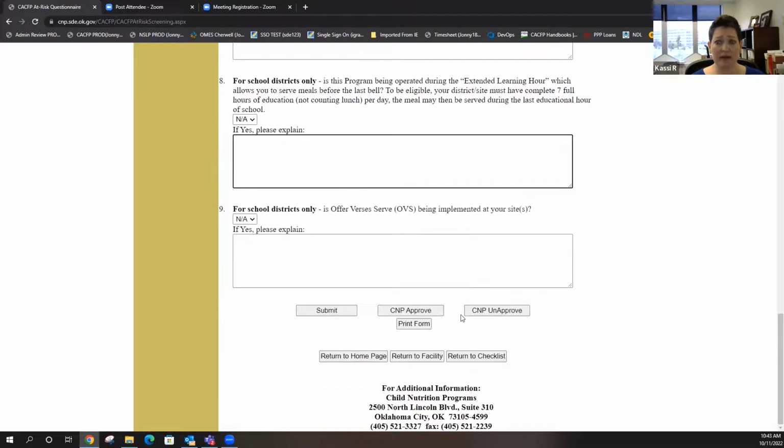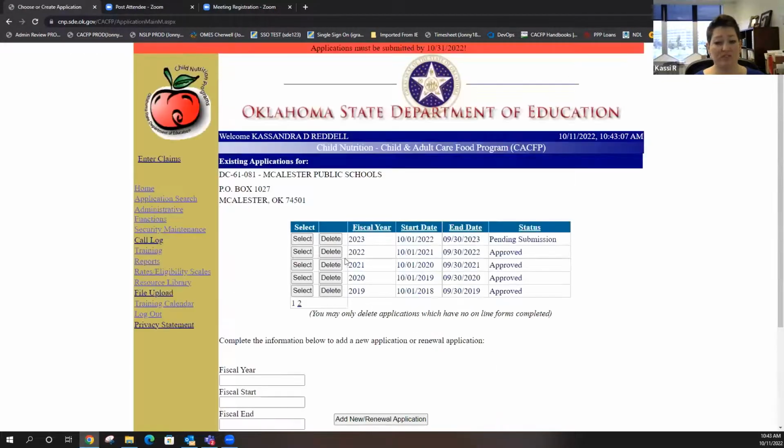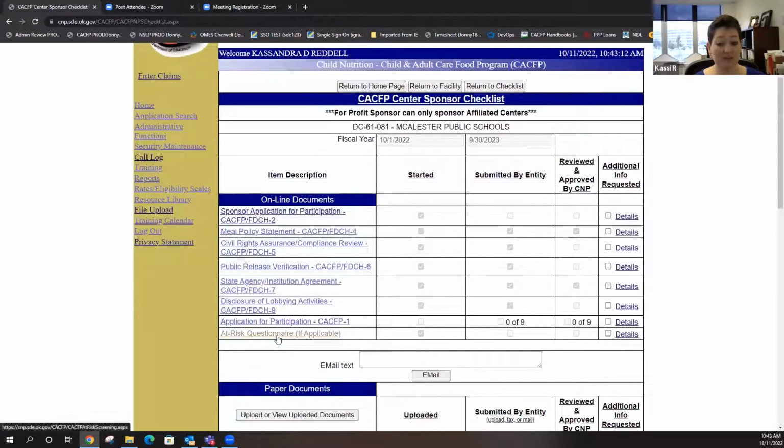I think we've already got everybody cleaned up for the new year for schools. You should be good to go. If not, we've still got a few that we're waiting on some information. But that's why if you don't see this form on your list, you don't need it. You don't need to worry about it. Any questions on that?